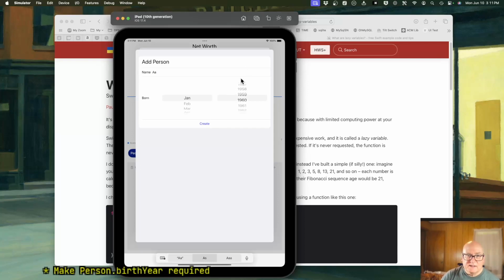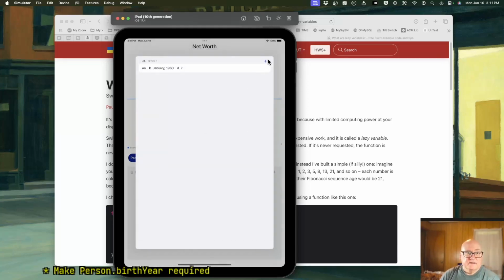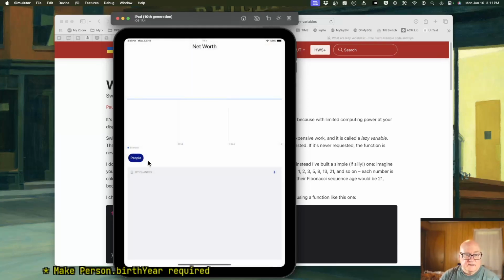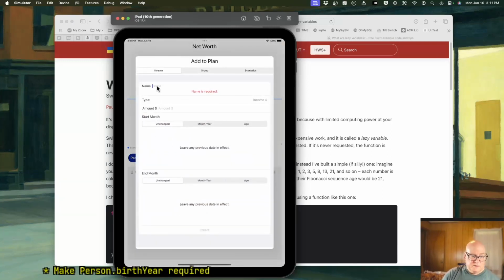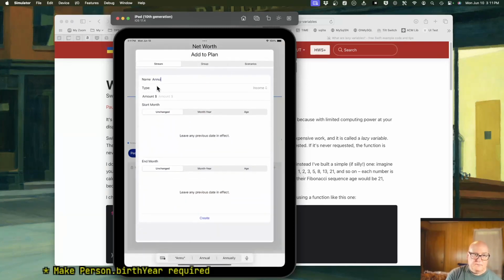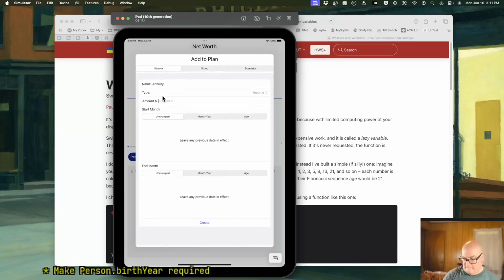If they're born 1960, they'd be 64 right now. Okay, so we'll be able to see it. Create. And then we'll add a stream. So let's say 67, 70,